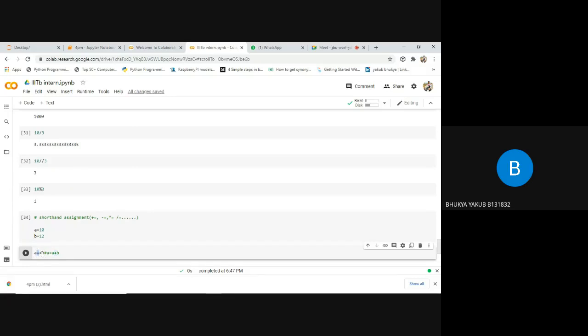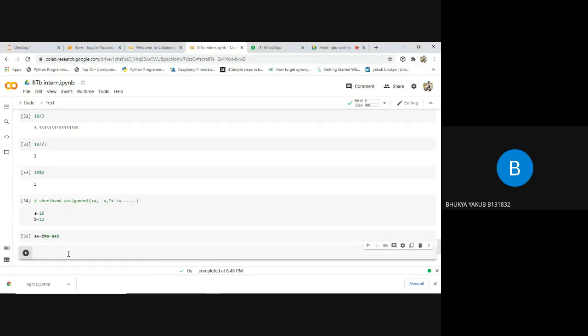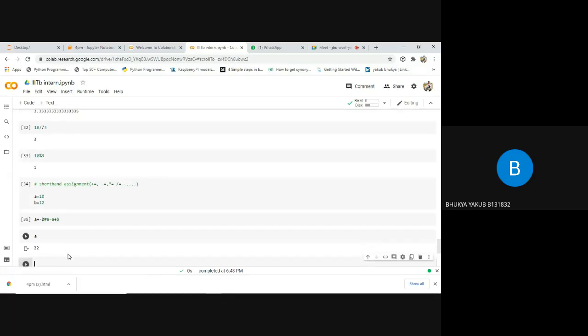And since we use the equals to symbol, it means we are storing or updating the result in the left side variable. If you observe, after performing this action, the result of A, 10 plus 12, which is nothing but 22. The value of A will be updated with A plus B. Similarly, both the operations are the same, but here we are avoiding multiple usage of a variable.